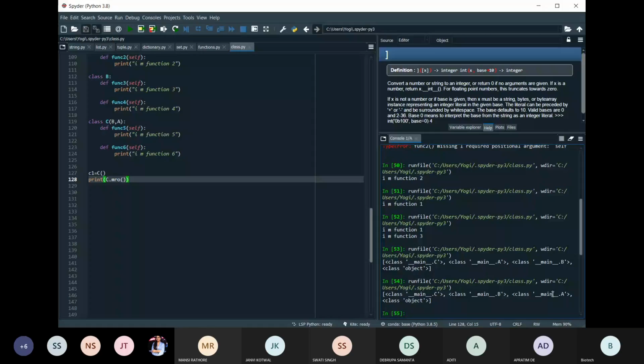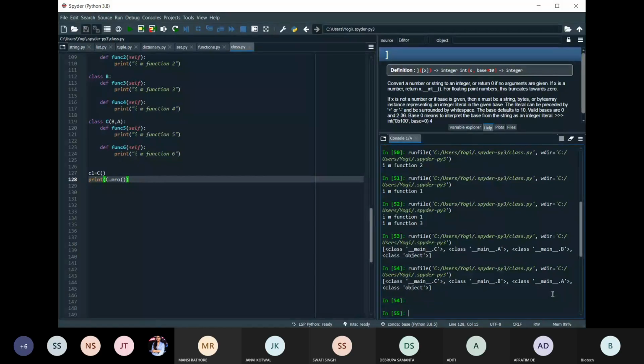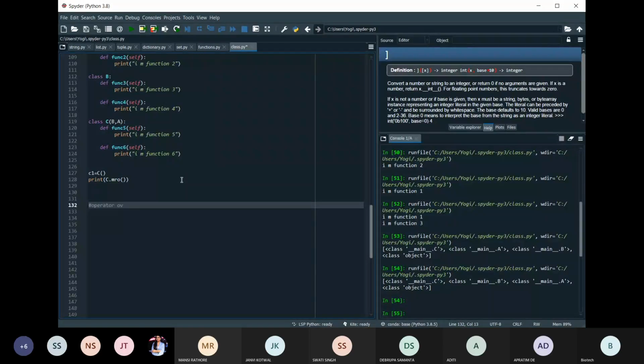The next concept in classes is operator overloading. Operator overloading means we can change the meaning of an operator in Python depending upon the operands that are going to be used. Python operators work for the built-in classes, but the same operator behaves in a different way with different types.